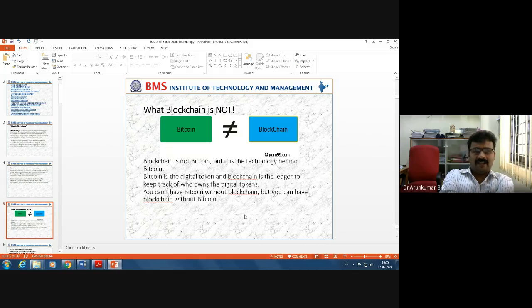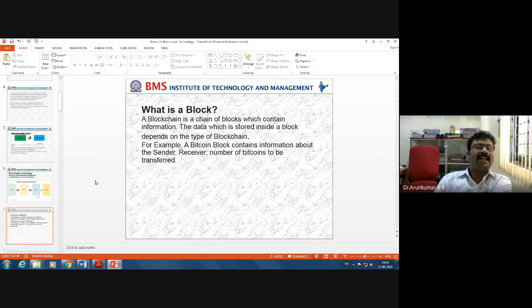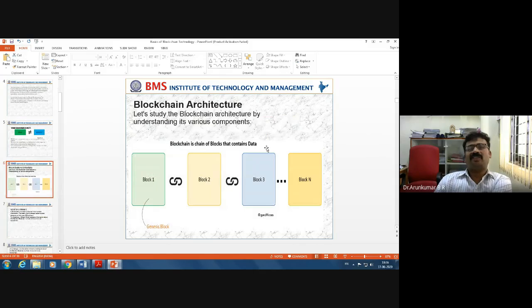Blockchain came up first for the Bitcoin currency only. That's why people tend to exchange the term Bitcoin with the blockchain. But please remember, you cannot have Bitcoin without blockchain, but you can have blockchain without Bitcoin. It means that you can implement blockchain for any of your applications. So you can have application specific blockchains.